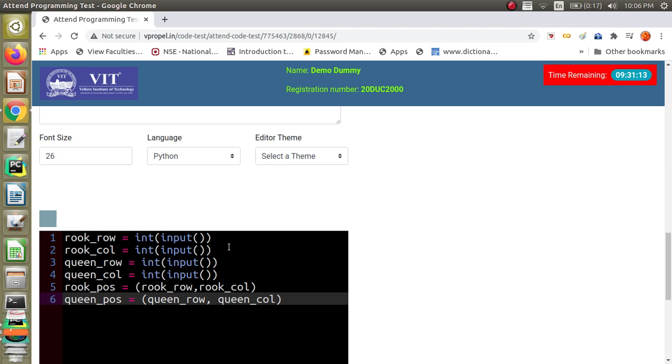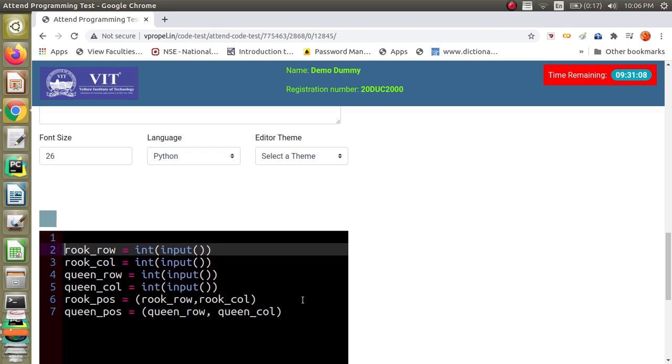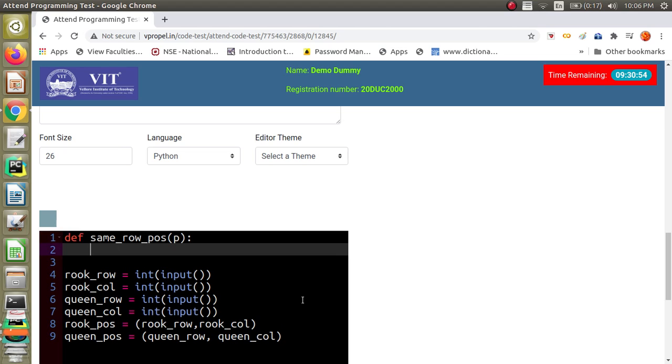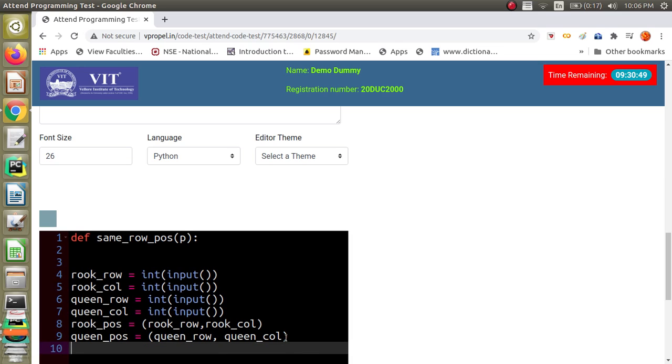Okay, so the things are ready now, the tuples are ready. Now what we are going to do is I am going to write a function. First of all I am going to write a function for finding out the same row positions. So for this I am going to pass a position as an input. So when I say a position as an input, it's going to be a tuple, right? So what I will do is I will call this rook possible positions equal to